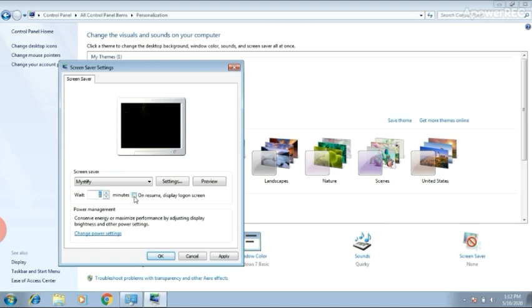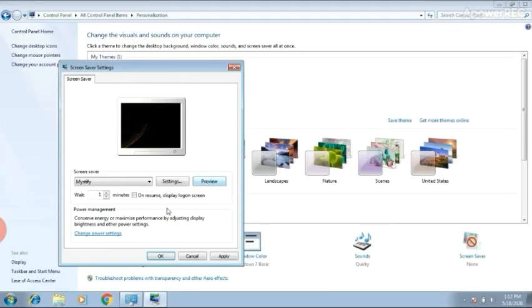Now I am going to show you the preview of this screensaver. As you can see students on the screen, when you click or touch any button of the keyboard, then the screensaver will stop.